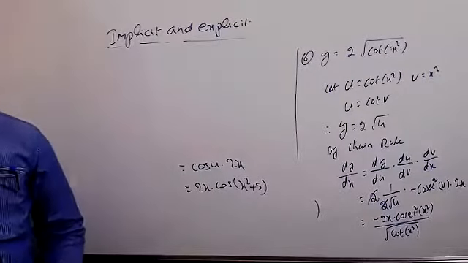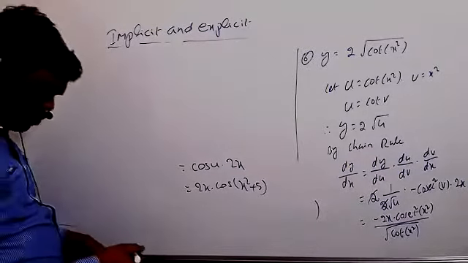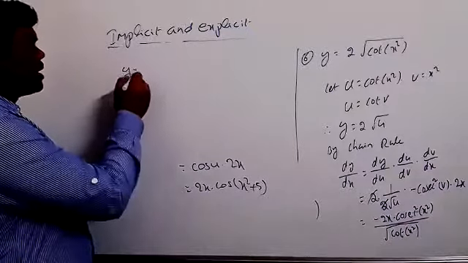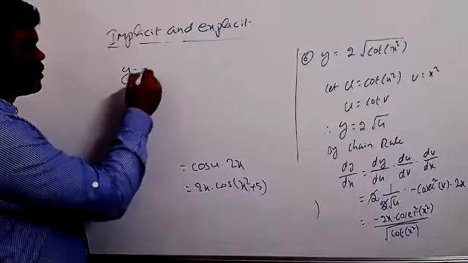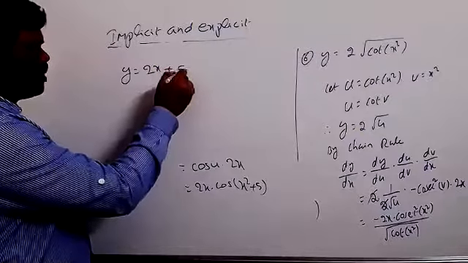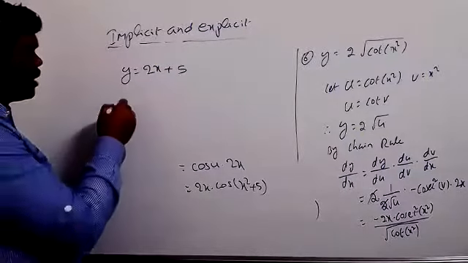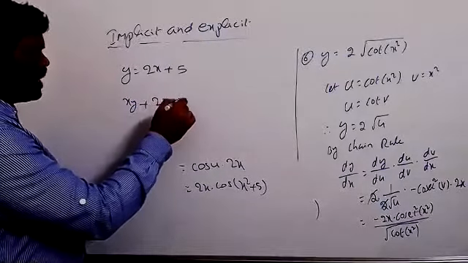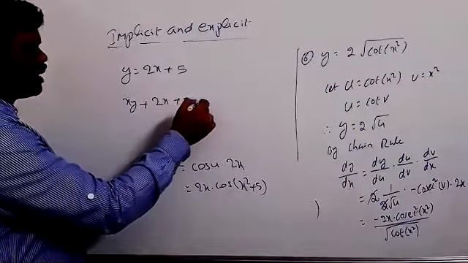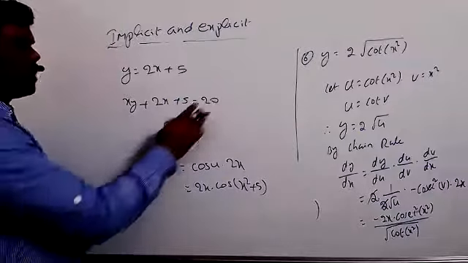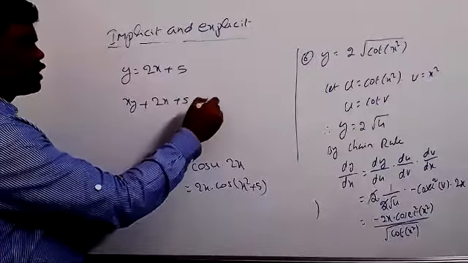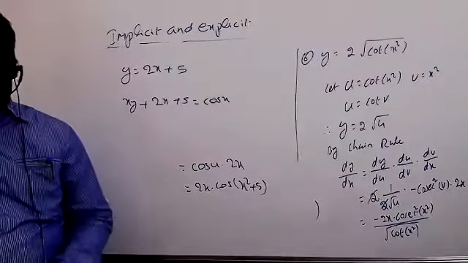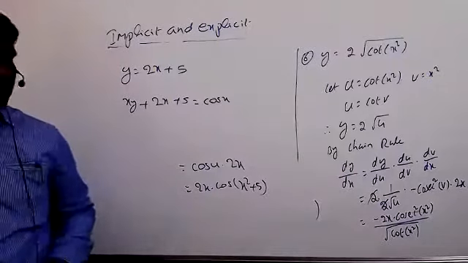Generally, just once listen to me. I'll give one small expression, equations I'll give you. Suppose I'm taking here now y equal to 2x plus 5, one function. Next, xy plus 2x plus 5 equal to 0, or it is a 20 you can take. Or else suppose you can write now some other function. This is the cos x. I'm taking two different functions. Clearly once you can observe that.